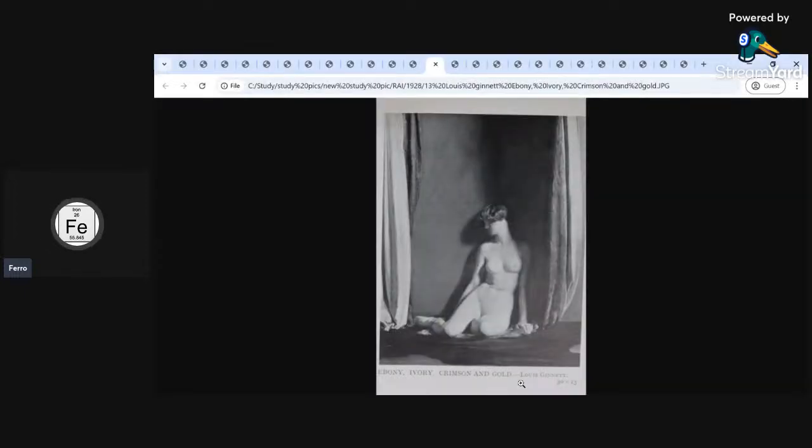So again, it's that interesting sonification, symbolic figure. Going back to this, I don't have information about the artist. I'm sorry, I'll get it next time. But this is called Ebony, Ivory, Crimson, and Gold. But it's essentially a nude. But what caught me was